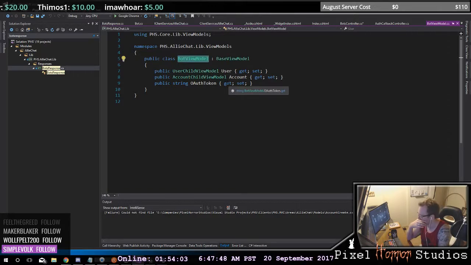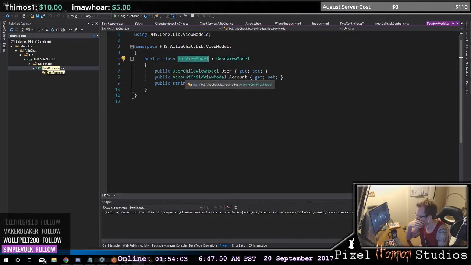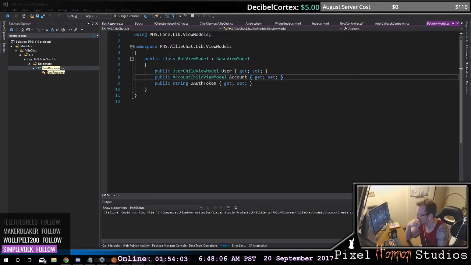There's a bot view model. It's going to have the user that it's attached to, the account that it's attached to. But we don't have the streams that it's attached to, right? And we also don't have the